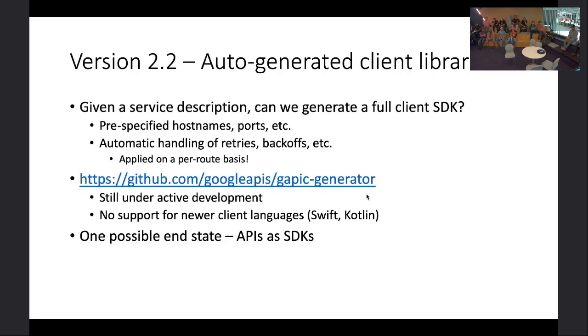But it's something just to put on people's radar. If this is a problem you run into, there's a potential path forward, and I do plan on keeping an active eye on this particular project. They plan to add Kotlin support because Kotlin's a first-party language on Android, right? Yeah, it is for one part of Google, not this part of Google yet. So Kotlin and Swift and gRPC are still... This is actually something we're working through right now,